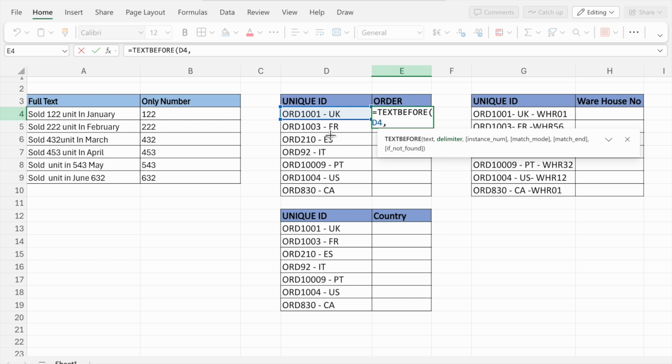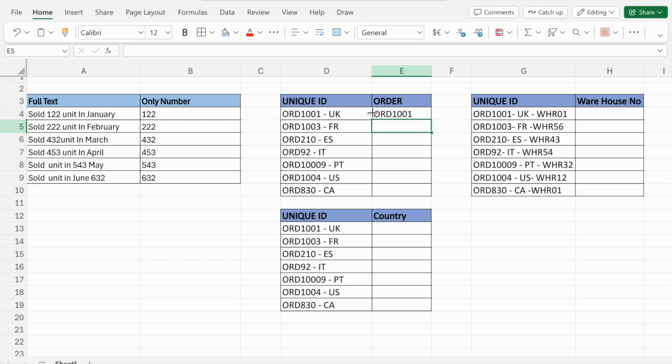If you have separated with a comma or with a space, you can enter that, but as I have separated with a dash, you just enter a quotation mark, then a dash, again a quotation mark, then close and click enter. Now you will see I have extracted the unique ID from this cell. Just paste it. Like this you can extract the unique ID.